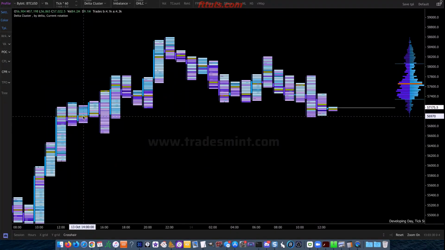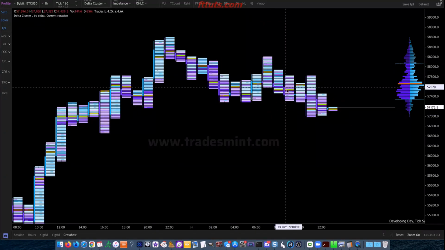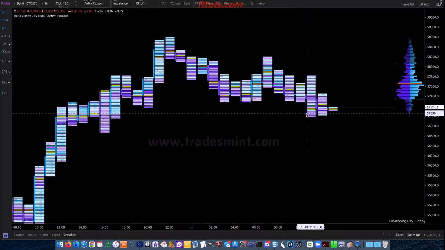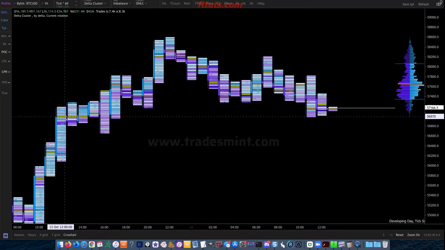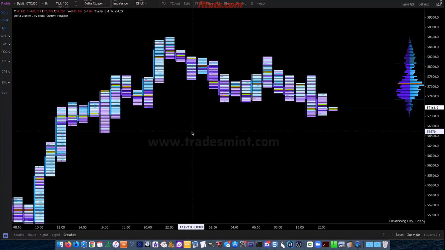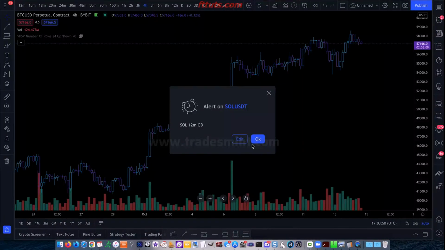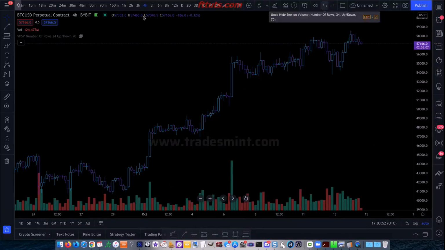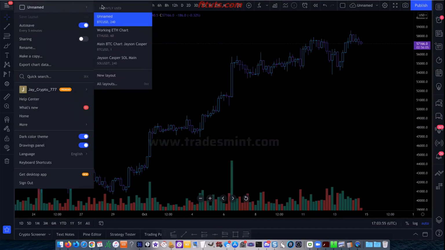Okay, it's interesting to see that we got a bounce right off of that area just recently. That area, not only is it a high volume node right here, but there was confluence here. This is actually also a golden pocket level right here. So we can look for confluence with these point of controls with other levels of support and resistance on our chart. Okay, so if I go back here and I turn on my regular Bitcoin chart,